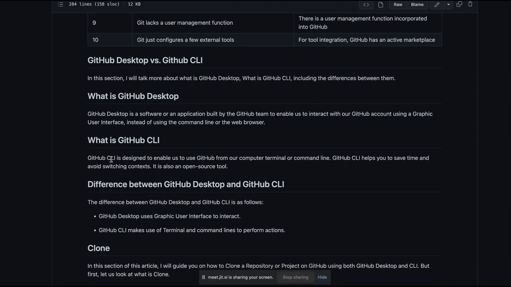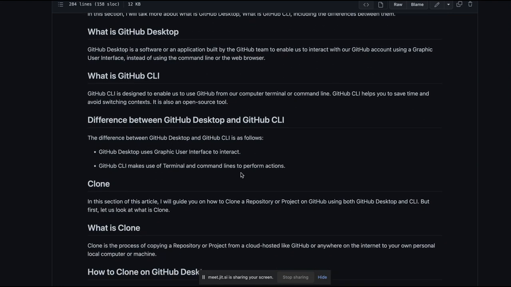Now, the GitHub CLI is designed to enable us, at least I need to see an example of the GitHub CLI, at least an image of it. Or if I'm not seeing an image, you share the code. I guess the Markdown tutor showed you how to add code syntax in Markdown. So you add your example in an image and also probably an example with a code using the code syntax.